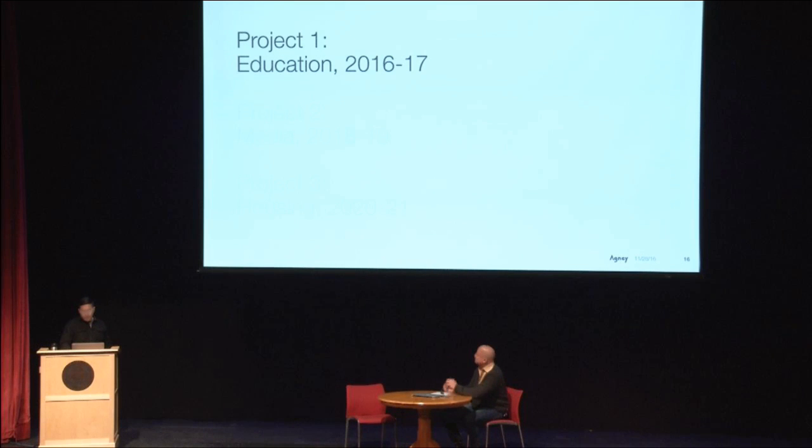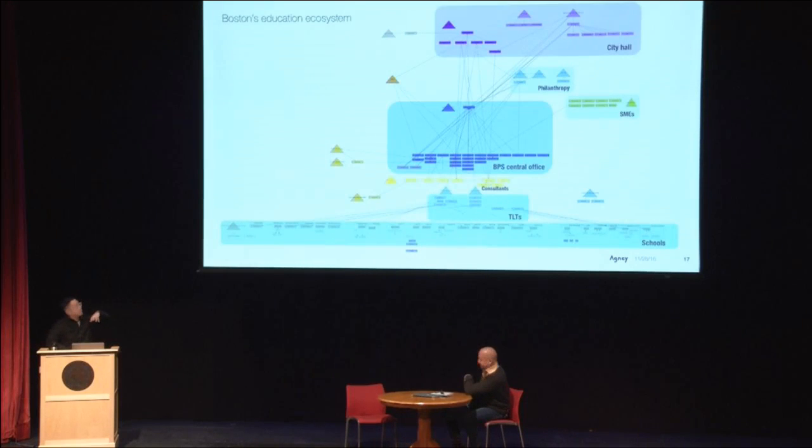In order to begin this project, we started by looking in the organization itself, looking at management inside BPS. And so this is a representation of Boston's educational ecosystem. The names hopefully are not too clear to you because we're trying to protect some people's identities, but it's all good. Essentially what you're looking at is a map of the number of people and organizations. Triangles represent organizations, rectangles represent people that exist in Boston's educational ecosystem.